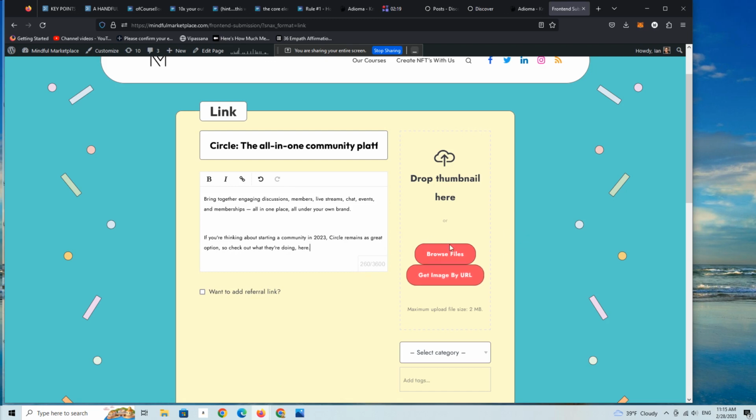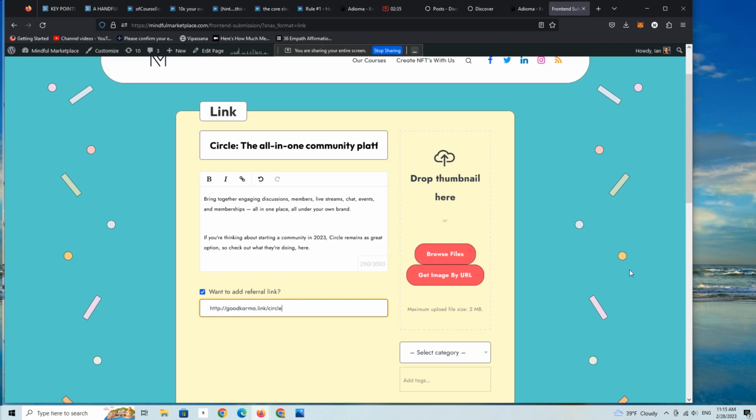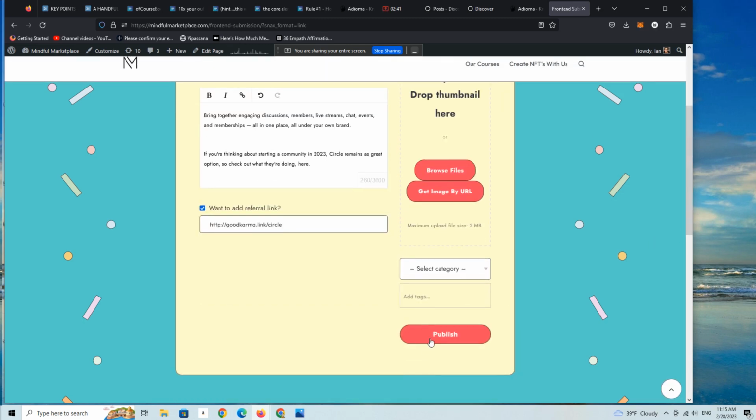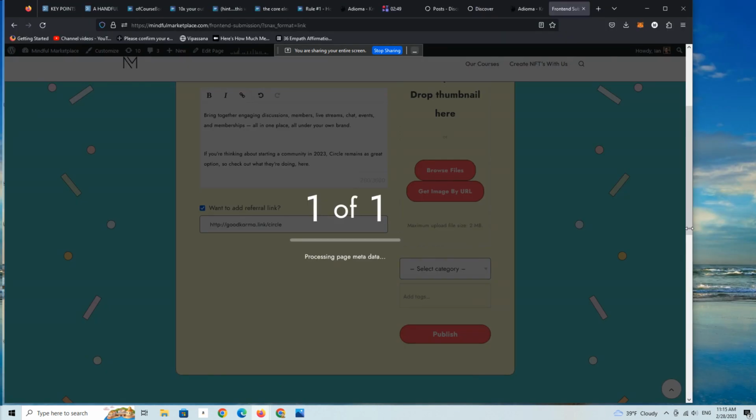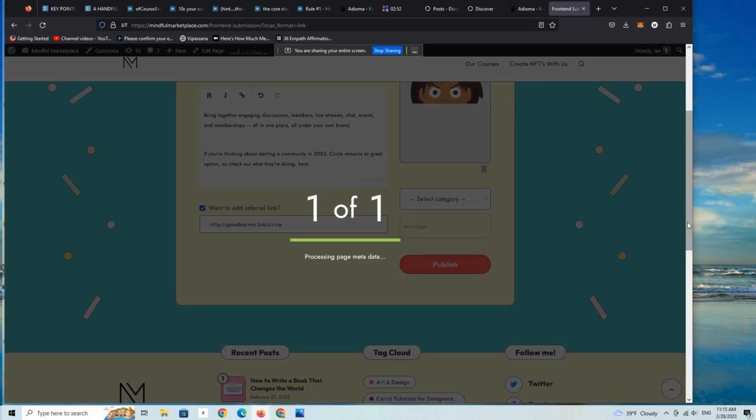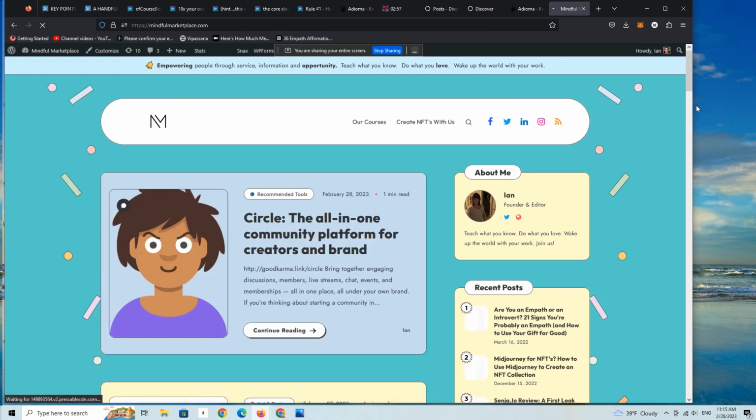All right, and then you can either grab a file from a URL, or you could add a file from your local machine. You can add an affiliate link again here. So I would do that. You can add tags, etc., and then you publish. It wants a featured image. So let's do it like this. It's a very, very basic piece of